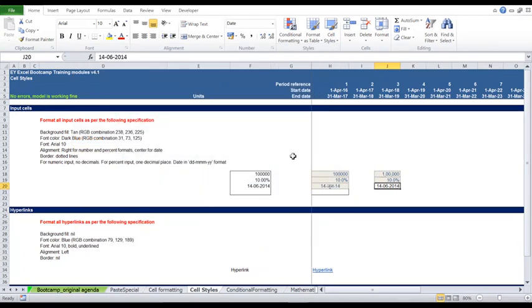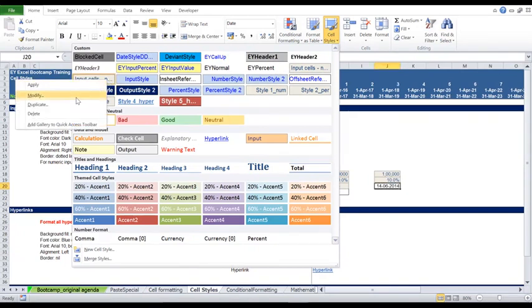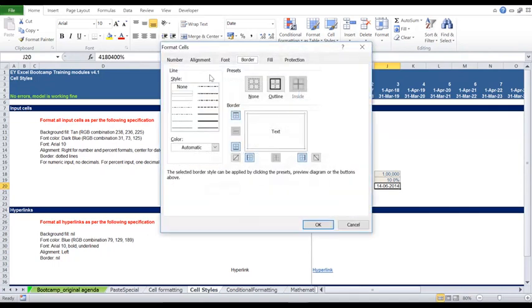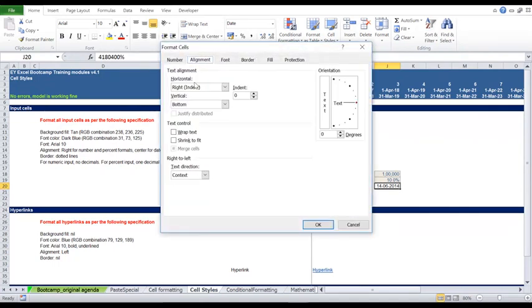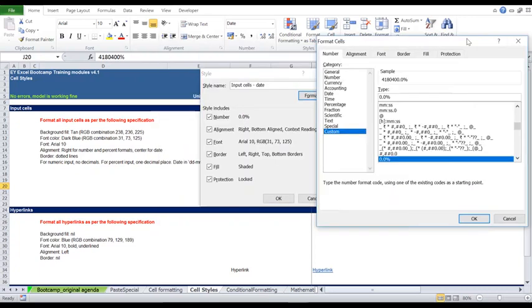The last is for the date. Let's duplicate one of our previous cell styles, duplicate, and name it as date. Here there are a couple of changes we need to do. One is to change the alignment, and the other is to change the date format. First, on alignment, we select center, and for the format, what we want is